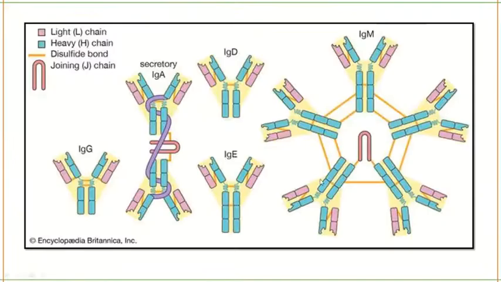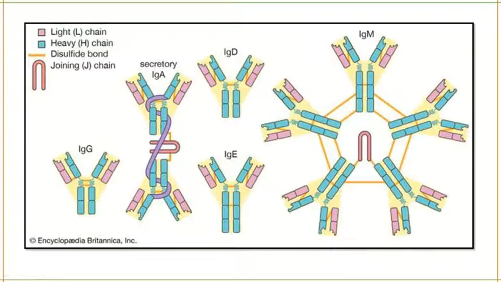You can see here different structures of antibodies. This is the structure of IgG, which is a monomer. IgA is a dimer. You can see here one antibody is present and here another antibody is present, linked to each other using a J chain. IgA is also called a secretory antibody. This is IgD, and this is IgE. IgM is a pentamer, which is linked using the J chain. You have to remember two things in this.